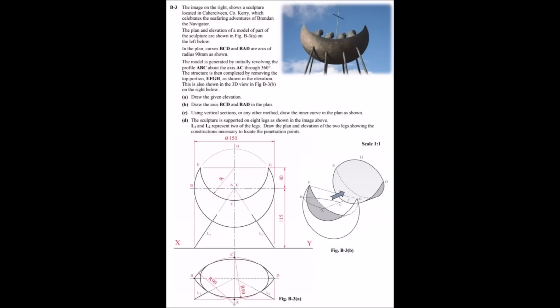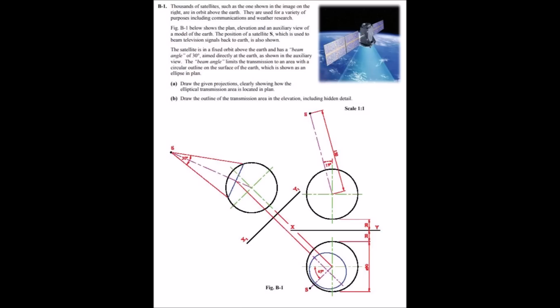Then the orthographic, again, like Section A, what I mean by that is, if you look at 2016 question B3 or 2017 question B1, that kind of projection system question. I can't remember which one of those was which, but there was one where it was a satellite, and it was the beam of the satellite down on Earth, and you had to show the elliptical curve that it made in contact with the globe. So something like that, with elevation, plan, and auxiliary views. So there's possibly that coming up, because again, in section B, an orthographic question came up in 2016.